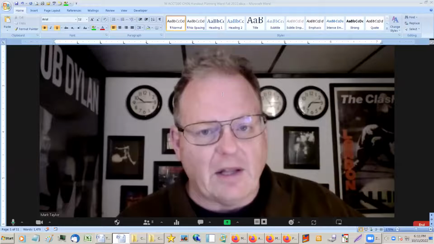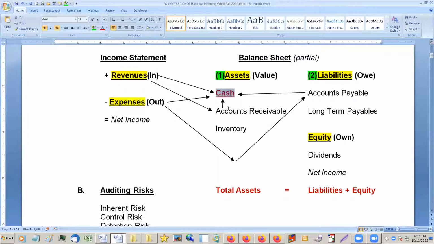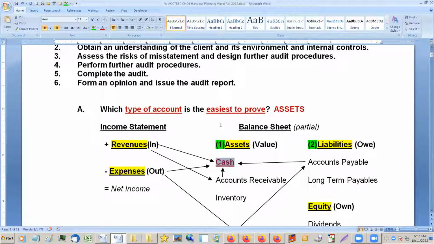If you have a bank account, you get a bank statement, right? Every account has a bank statement. So it's not impossible to do 100% cash. In fact, a lot of audits do. They'll audit cash at 100%, because they can get the bank statements sent directly to the auditors, so that whoever their client is doesn't even get a chance to alter the bank statements. So a lot of times we can do cash at 100%, and this can really prove out the rest of the audit.